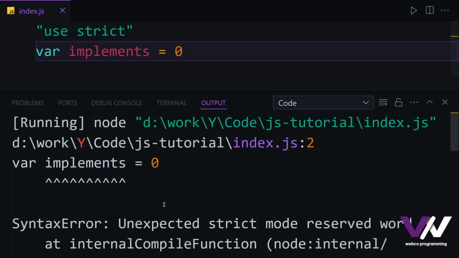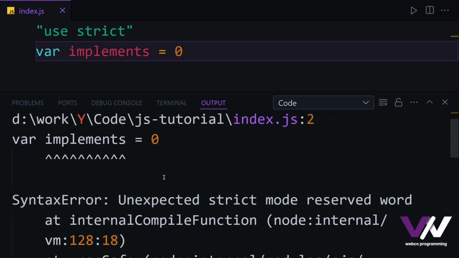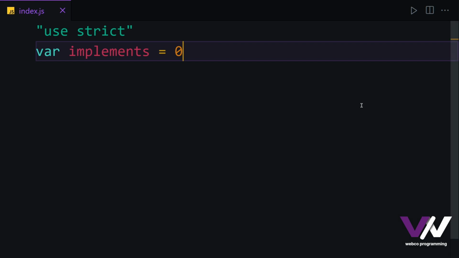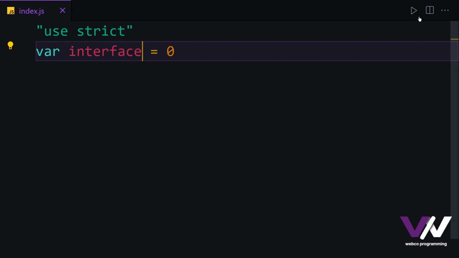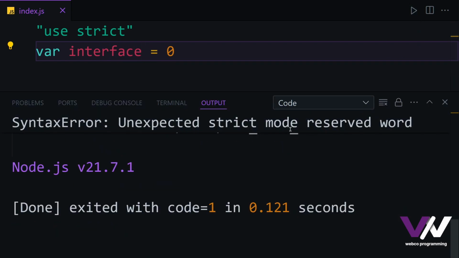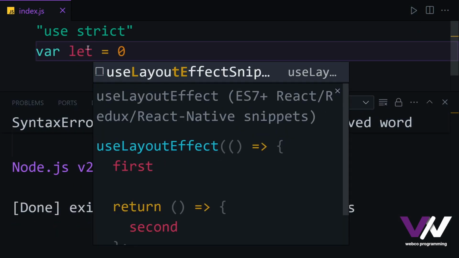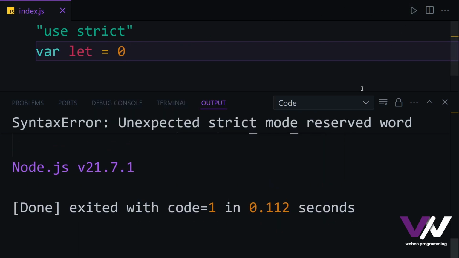If we run, you can see that we got the error, which here if you read, you see that we got reserved word used in a variable name. After this, we're going to have the interface, which is going to give us the same result as before. We got the let keyword right here, which is going to again give us the same error. After this, we have the package, we have the private, we have protected, public, and at the last, this yield